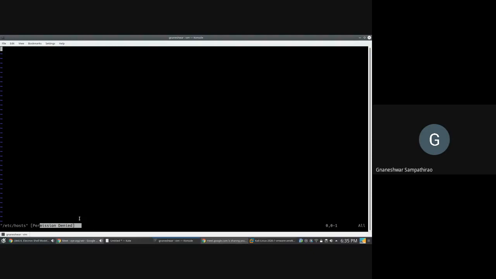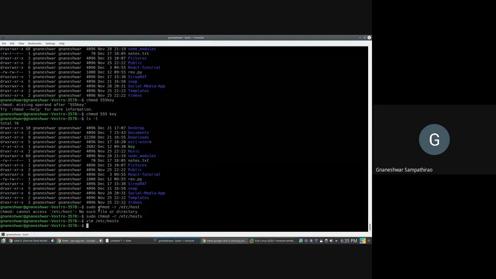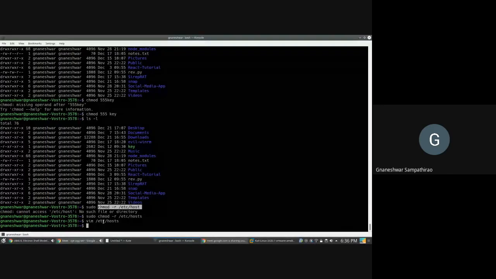It's just because, if you have seen recently, I modified the permissions of this particular host file, and we are removing the read permission also, so that I can't even read it. So you can actually execute it as a user. You can do all the things which the root user can do by mentioning this sudo,